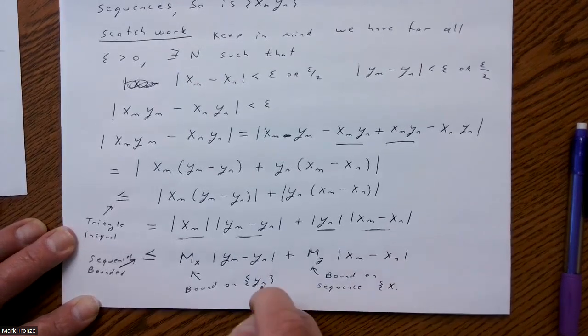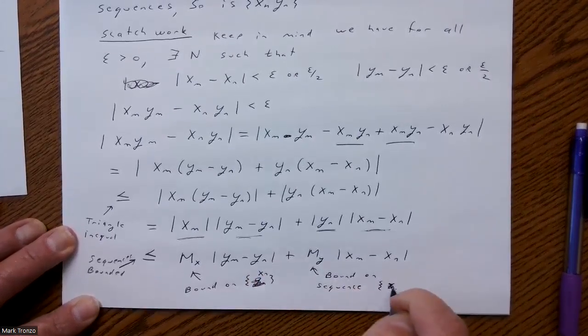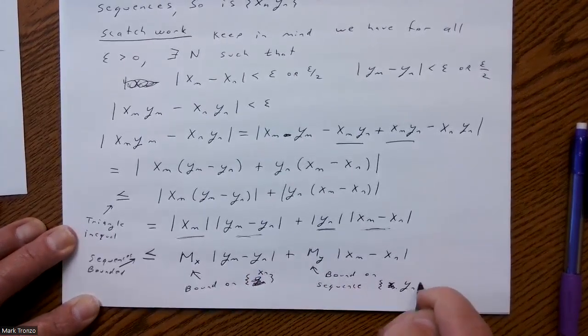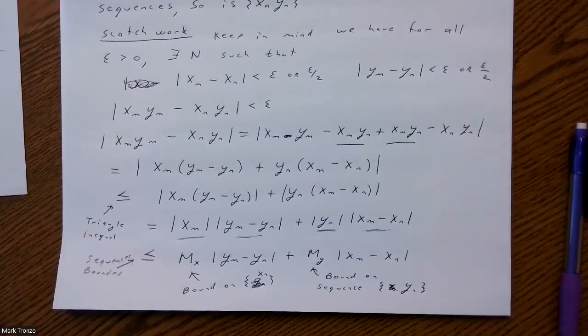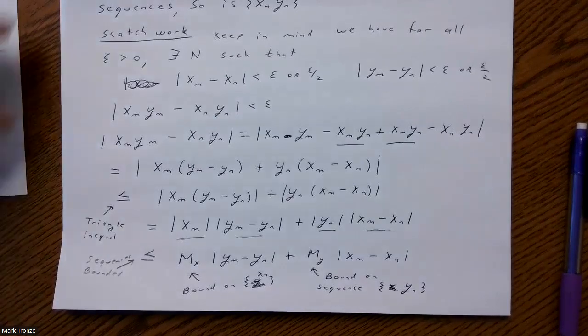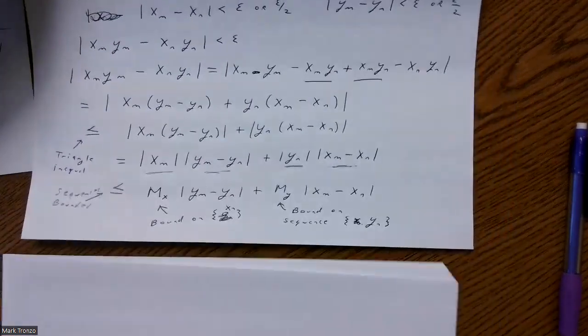I did these in reverse, sorry. This should be on XN, and this was the bounding sequence Y. And so there's some number that's bounding each of those sequences. And once again, if we take the maximum of those two,